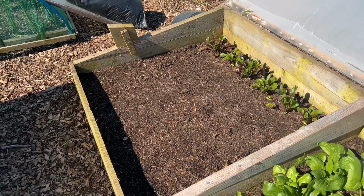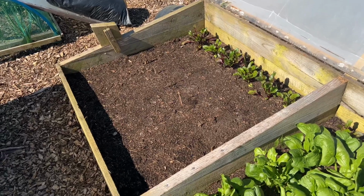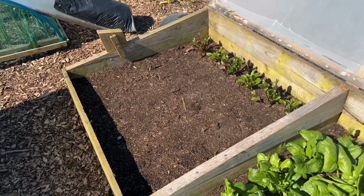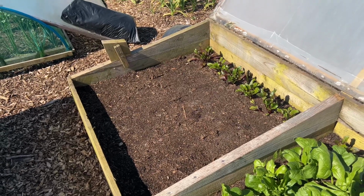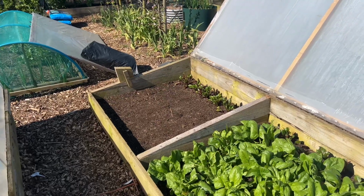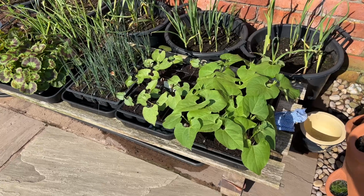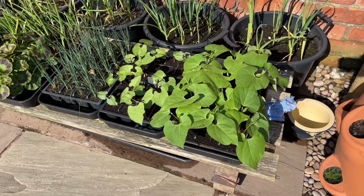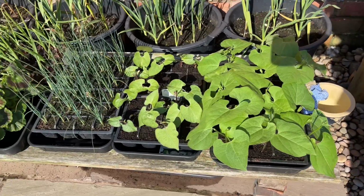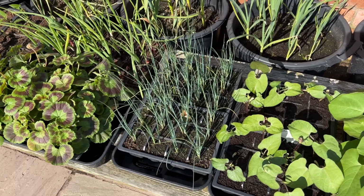The only other seedlings are that first bed of carrots that I seeded yesterday, and need to keep nice and moist now, which is going to be tricky today. And everything else is at home, and it's mainly the peppers. I'll show you those. So I'll start outside on my hardening off bench, and so we've got the early French beans, early dwarf French beans, leeks,